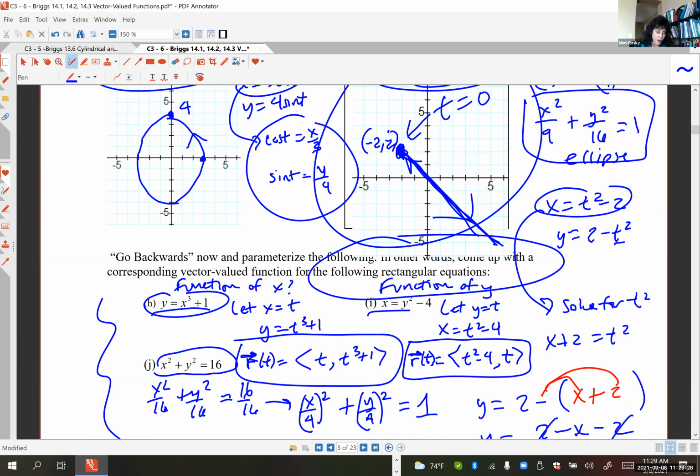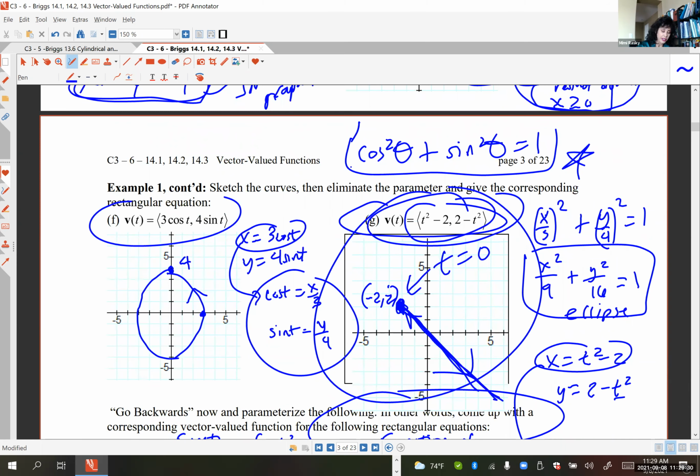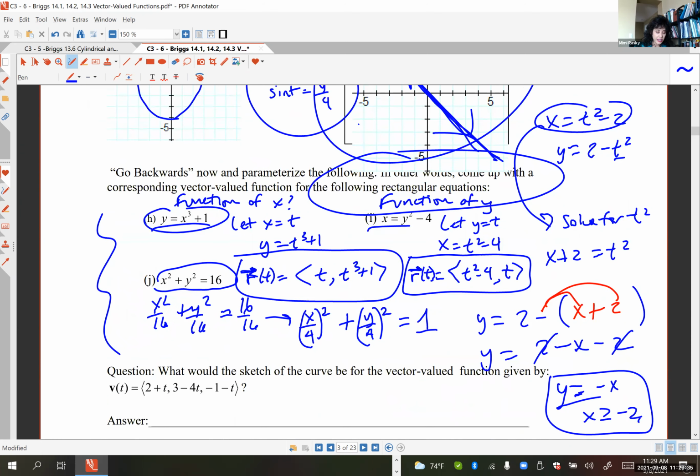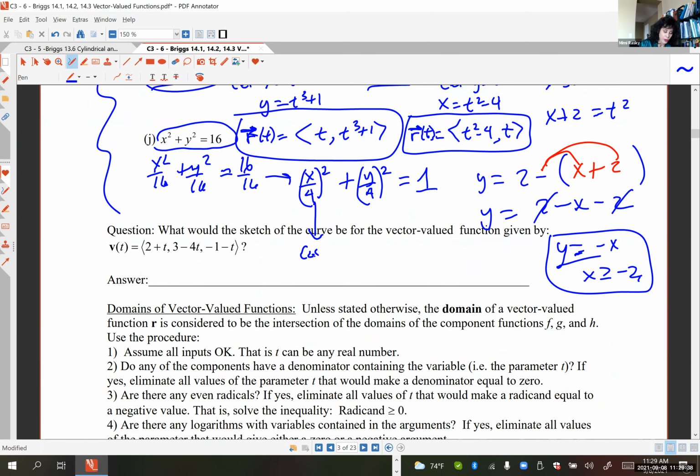Now what? Now, when you look at this trig identity, cos squared theta plus sine squared theta equals 1, you're going to use that to help you finish out. You're basically saying that cosine theta is equal to x over 4, and sine of theta is equal to y over 4. And now you solve these two little equations for x and y. So you get x is equal to 4 cos theta,